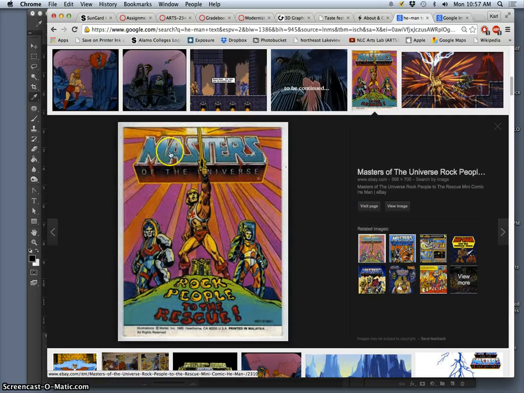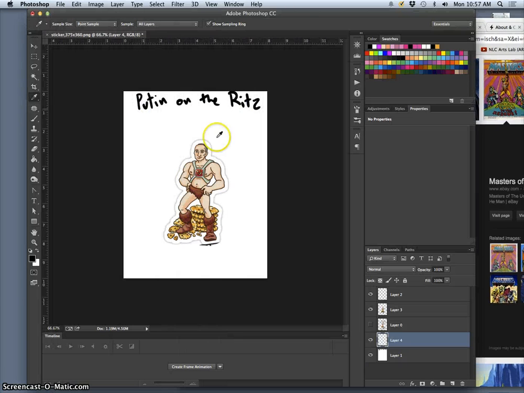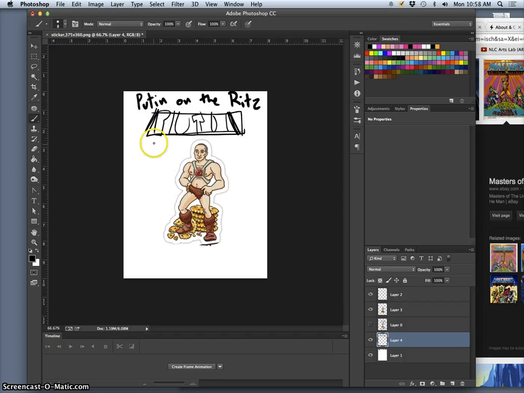And look at this type design. So you could have Putin and then on the Ritz. You know, that could work. Now, how would I like how that looks here? Would I put it above or below? That's what I have to kind of sketch to figure out. So if I have Putin, it's a big block here. And then it angles in kind of in perspective like that. Putin, and then underneath on the Ritz,